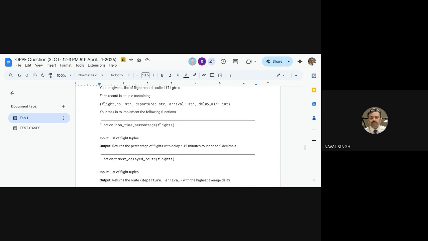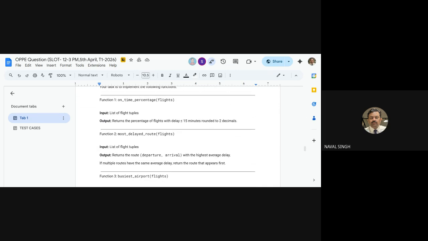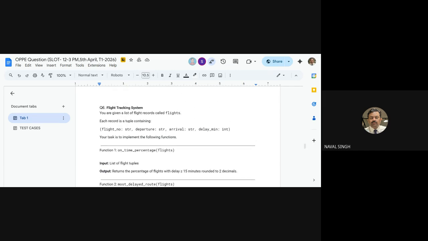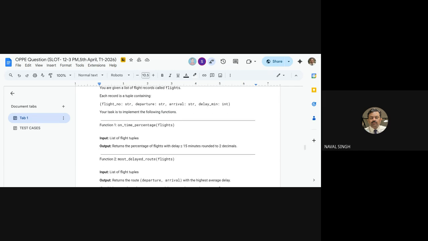We are given a list of flight records called flight. Implement a list of flight tuples. Return the percentage of flight with latest. This is simple form filters. If delay min int is less than 15, abs कर दो, या यहाँ पे ये है तो परसेंटेज f का ये फॉर्मूला है, परसेंटेज f कितने लोगों को आता है नहीं आता है,